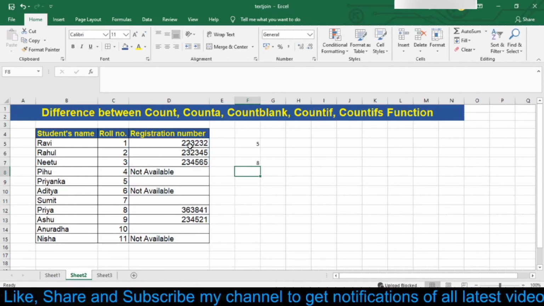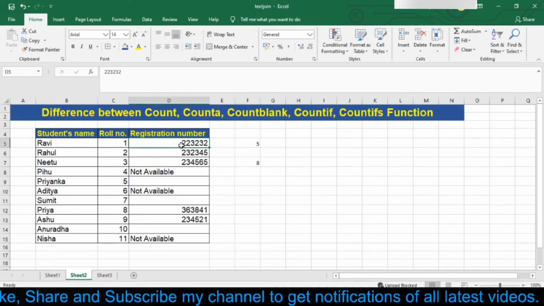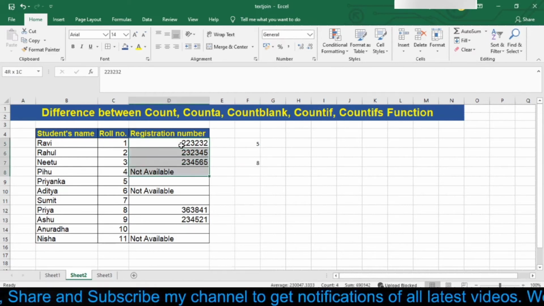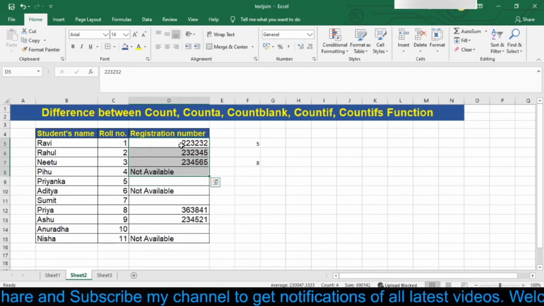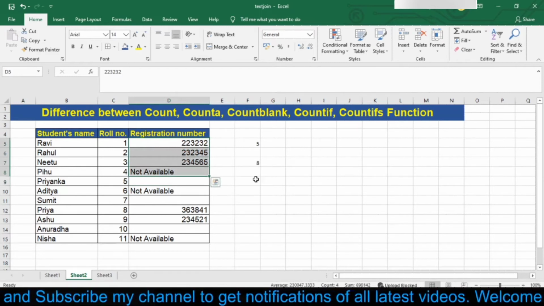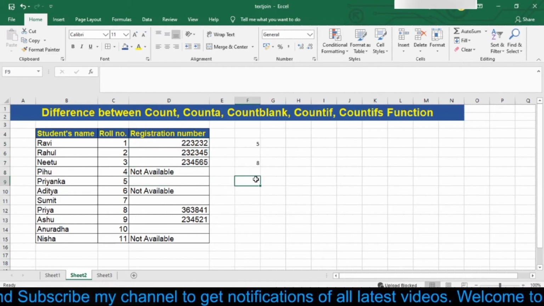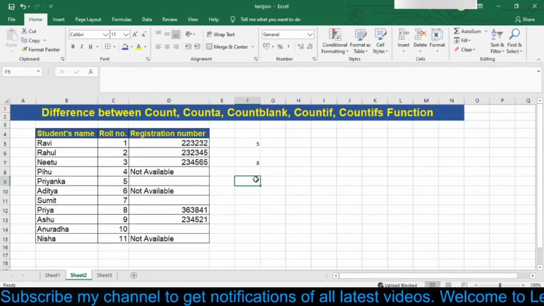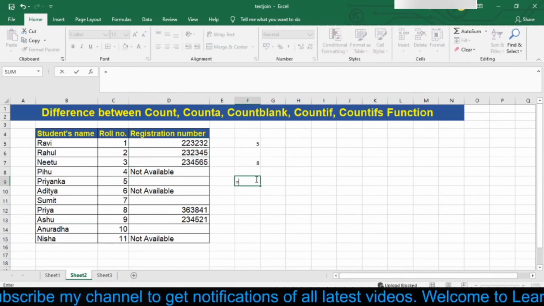After selecting your region, simply press enter. So here as you can see that I got my answer as 8 because I have 8 cells in which I have typed anything, whether it is a number or an alphabet or a symbol, anything.